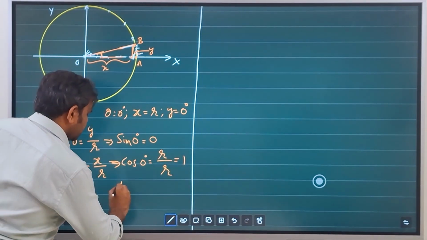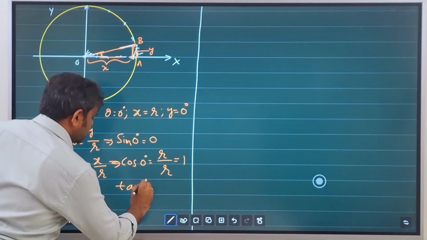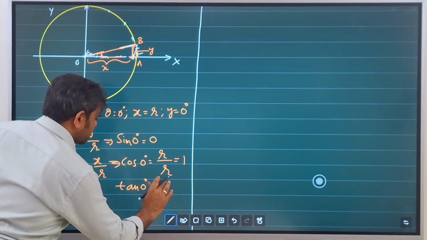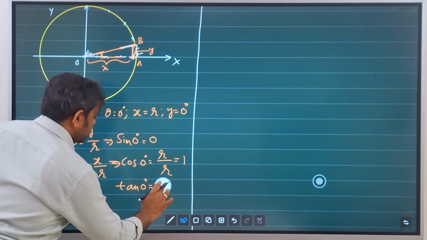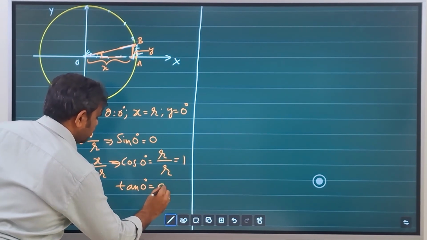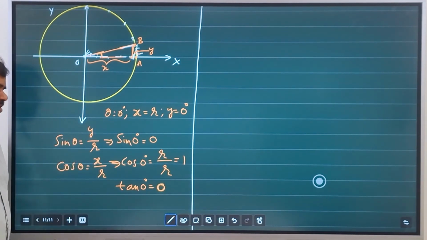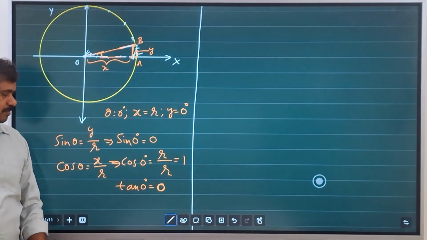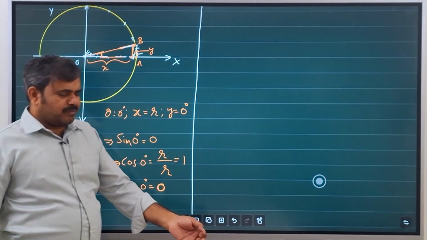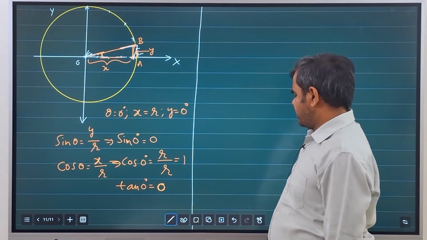So tan 0 degrees is the ratio sin 0 degrees by cos 0 degrees. So tan 0 degrees is also equal to 0. The value of tan 0 degrees is equal to 0. Okay. Similarly, we can find for 90 degrees. For 90 degrees,